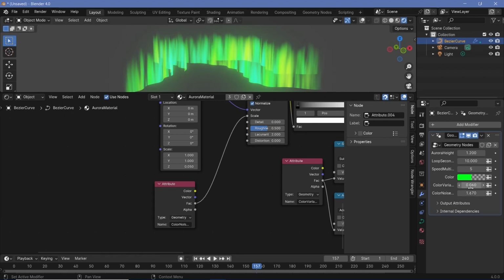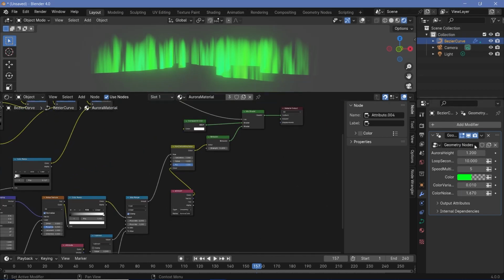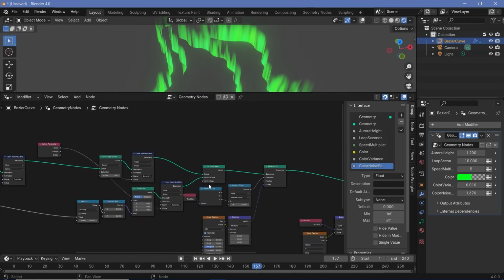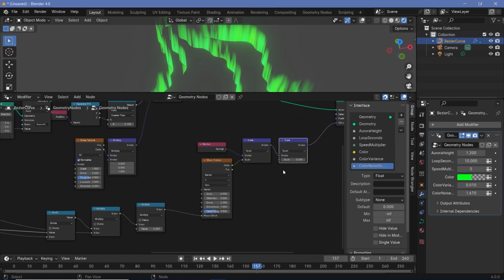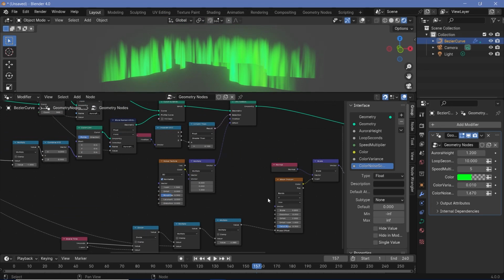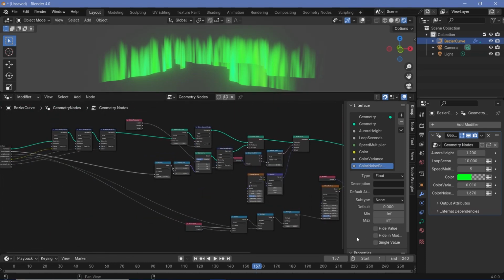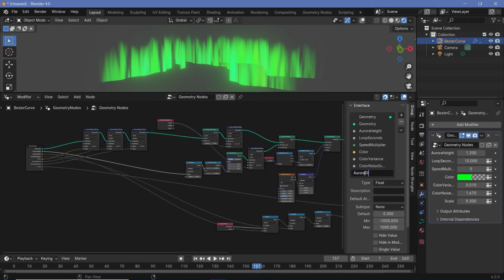Let's ramp up the scale, reduce the color variance, and yeah, now you can actually get all of the controls right from here. You can choose how many seconds after which it loops. You can choose how fast it moves around. I actually think we should have one for how much this thing moves. So let's go ahead, shift over to the geometry node. Let's see, the amount by which it actually moves is based on this scale over here, and even the scale of the wave texture should be an input. That feels like there's quite a few inputs, but I think it is necessary for somebody that just wants to have whatever they want. So let's go ahead and plug this scale into an input, change this to Aurora Displacement,